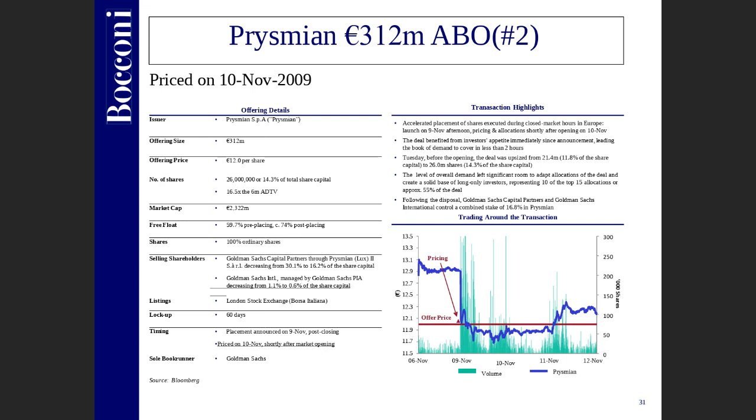And guess what? On November the 10th, we made another accelerated book building, book building number 2, where we sold 26 million shares. This time the price was neither 19.50 like the previous one, nor 22, the price that we sold to the Korean, but look at the price, it was 12 euro per share. 12 euro per share, so it was reflecting very clearly the new market condition